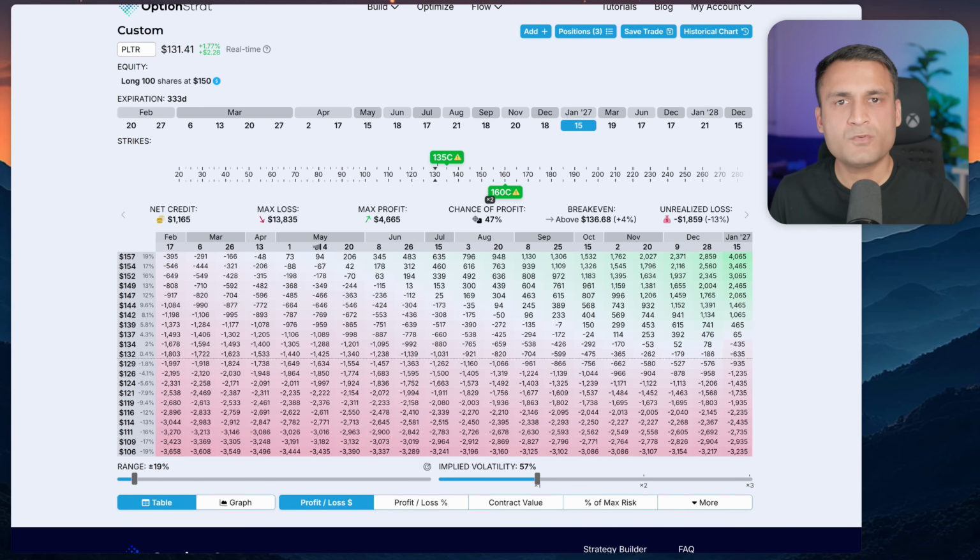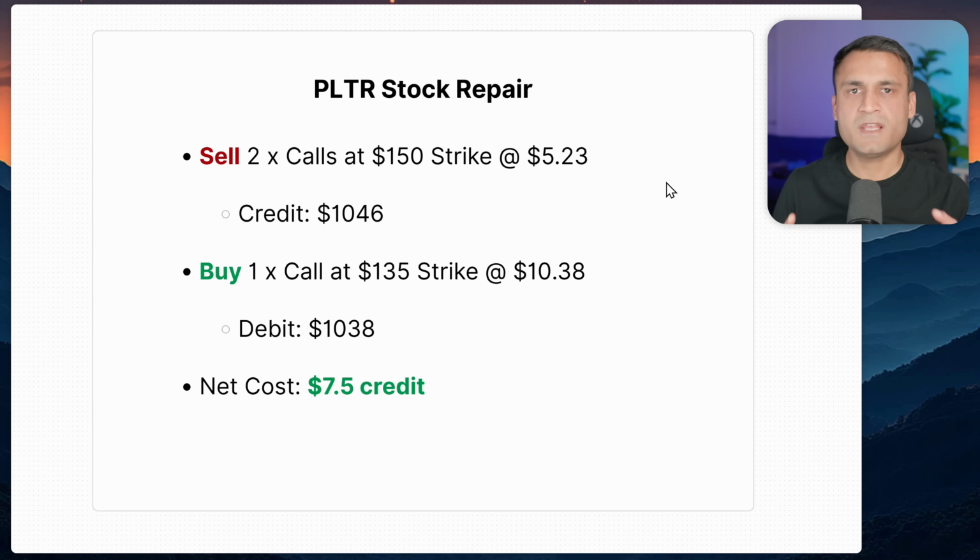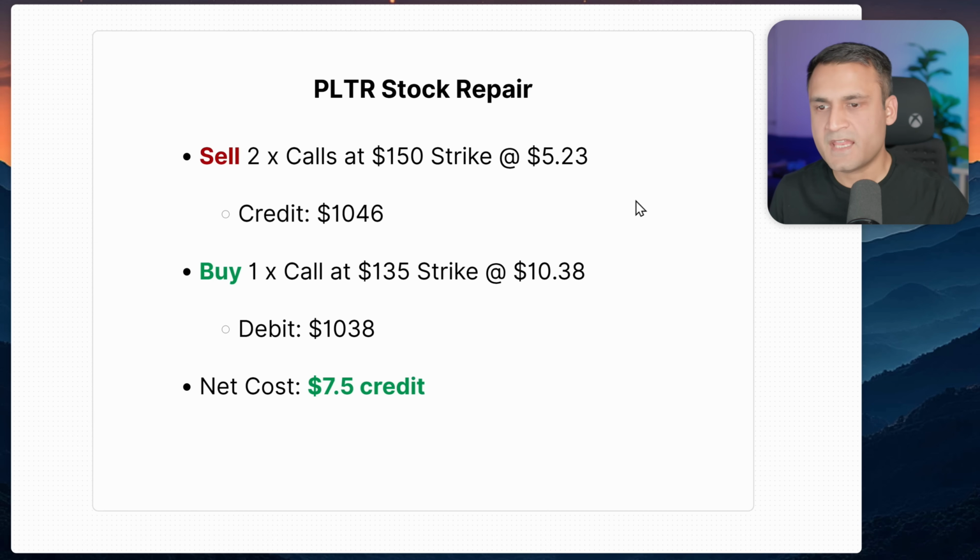But for the most part, for this strategy, I think 1 to 3 months is the sweet spot if your goal is to recover out of this trade. So let's quickly go over the trade setup again, and then I'm going to go to the next example. So in this case,